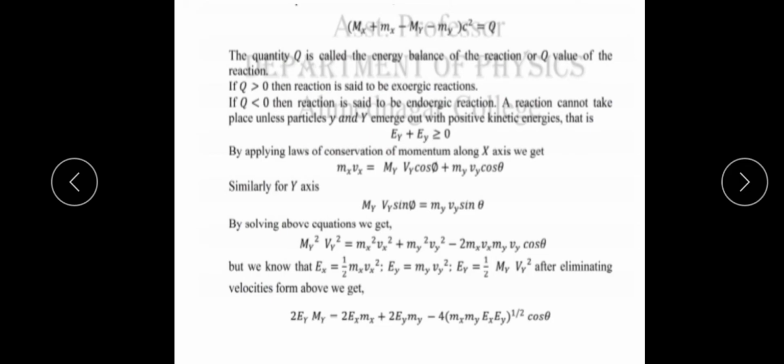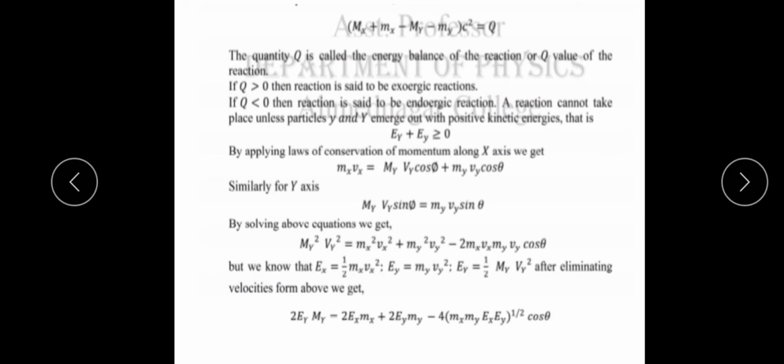A reaction cannot take place unless the particles, the product particle small y and the product nucleus capital Y, emerge with positive kinetic energies, that is E_Y plus E_y